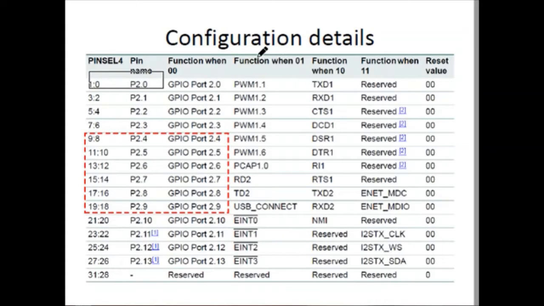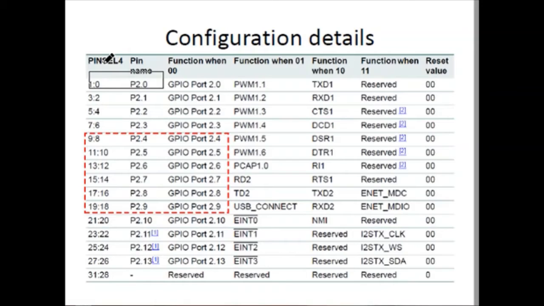In order to select port 2 bit numbers 4 to 9, first you have to understand port 2. For that you have to select which pin select, and whether they are appearing in the lower half word. Lower half word means bit number 0 to 15, upper half word means bit number 16 to 31. As we are using port bits P2.4 to P2.9, they come under the lower half word.